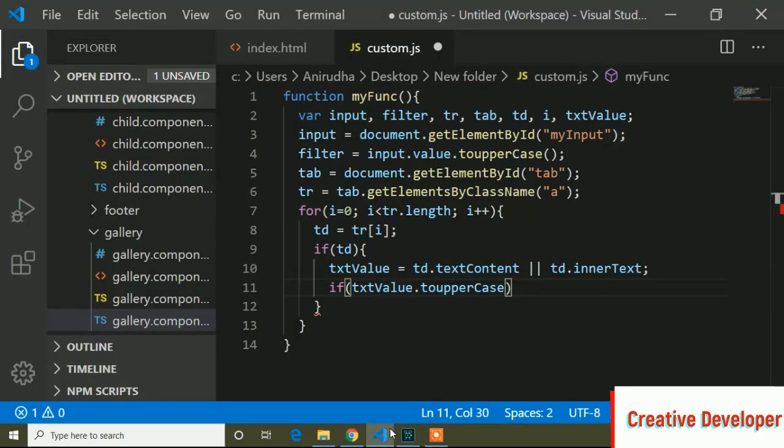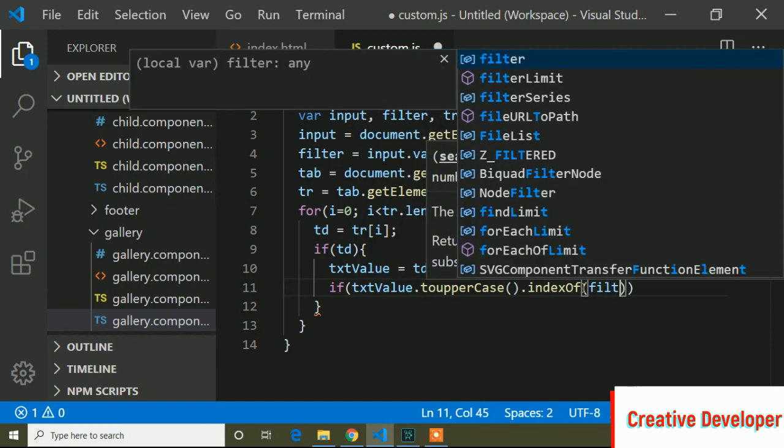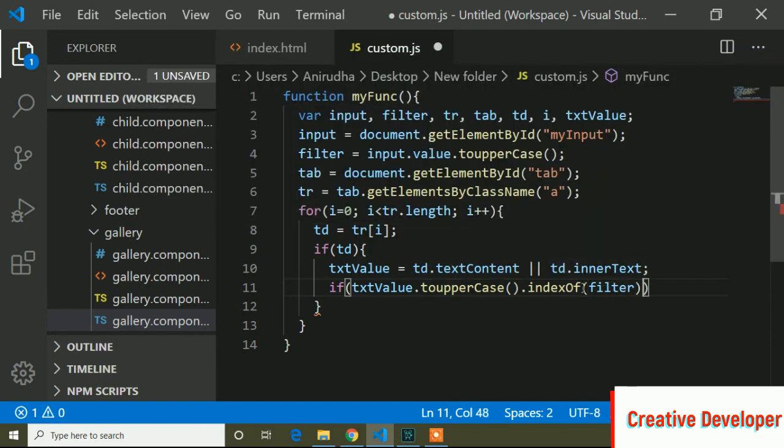So if I search here capital, then it will be converted to uppercase, dot indexOf, so indexOf returns the position of our text, and filter, greater than -1.